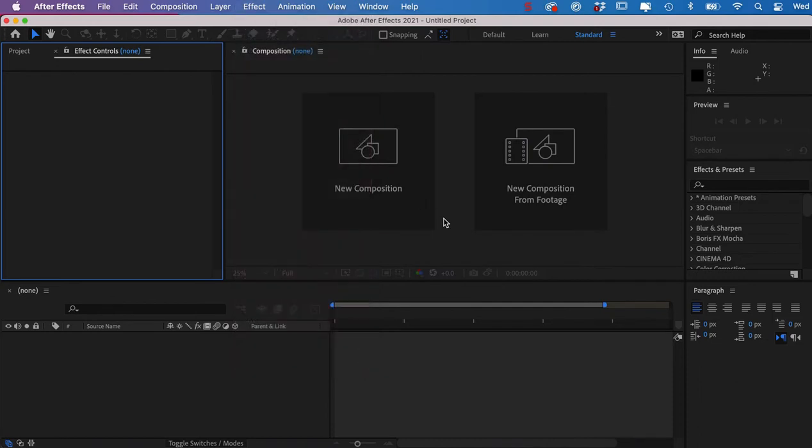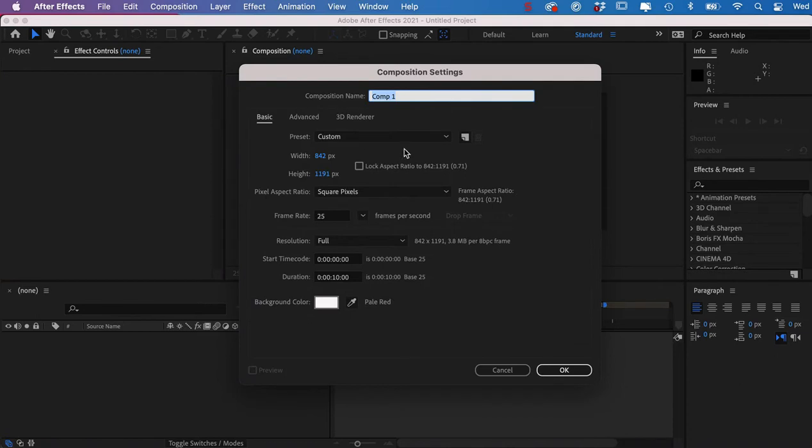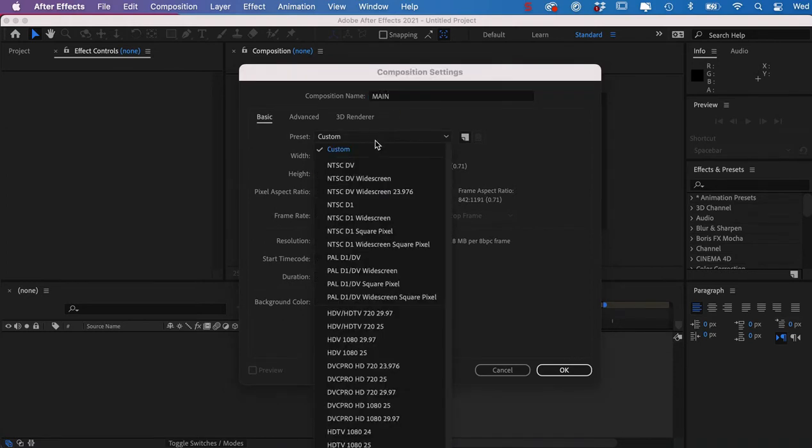So the first thing we'll do is we'll create a new composition. So if I click on that, I'll get this menu. I can give it a name. I'm just going to call it main at the moment. And under here, the preset, I'm going to go to